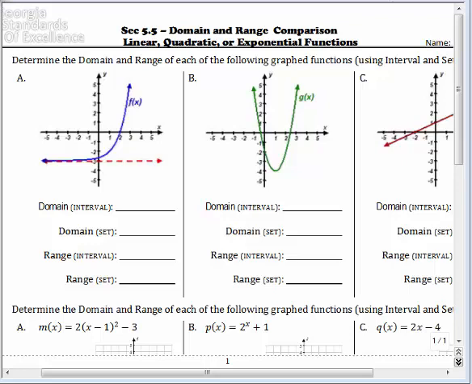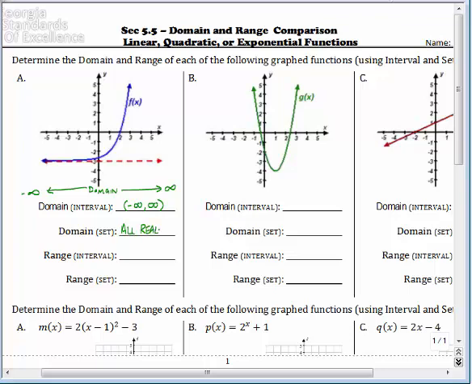In this section, we're going to compare and contrast the domains and range of each of these functions. All right, so let's start with the first exponential function. Domain is about how far left to right the function moves, and this one moves forever left and forever right. Since it moves forever left, that's negative infinity, and forever right is positive infinity. In interval notation, you list that as negative infinity to positive infinity, and in set notation, you'd say all reals,